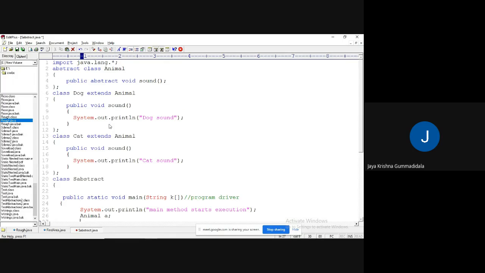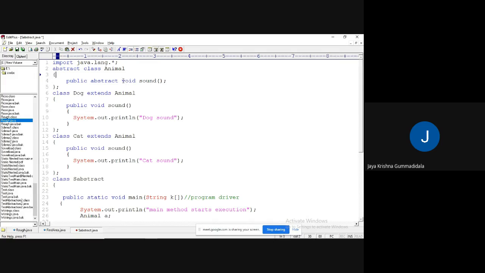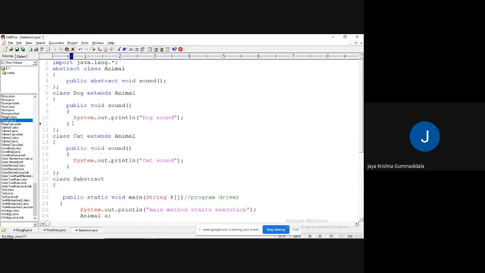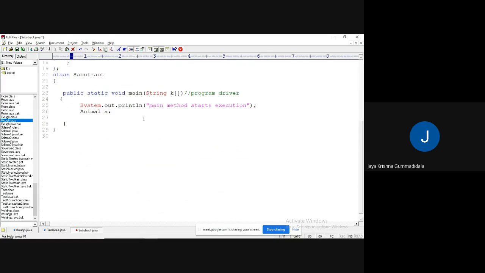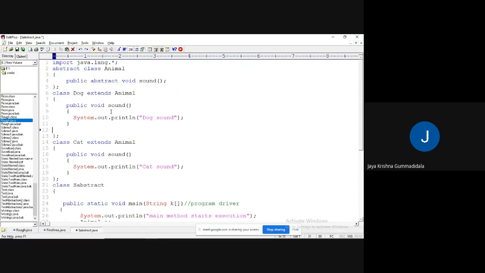Guys, up to now, I have written some code here. It is applying the principle of polymorphism, because whatever methods I have defined in the actual base class, those methods only I have overridden. But if I write some other method, it is not polymorphism. Okay, fine. So with this statement, I can write Control J.